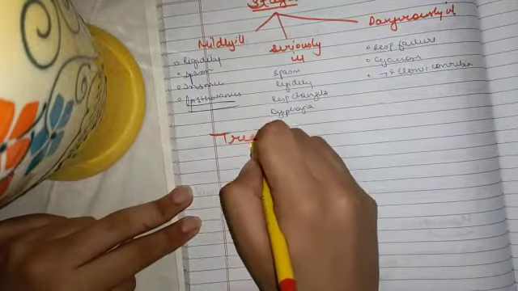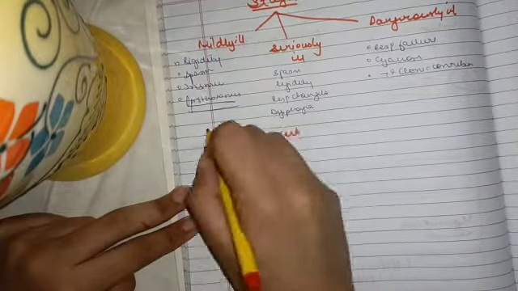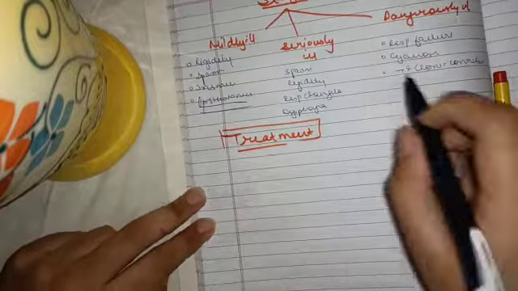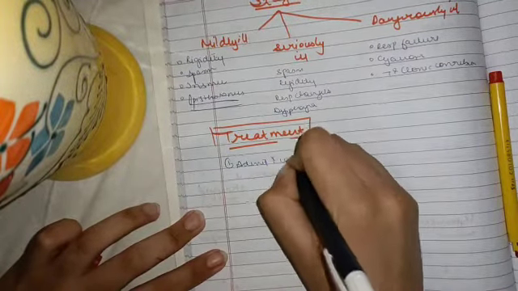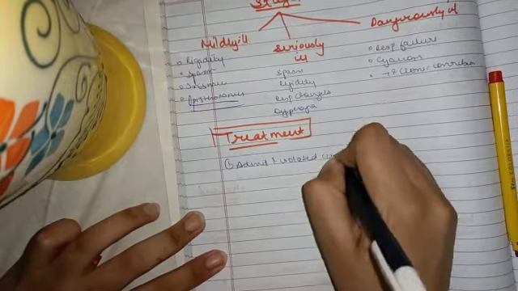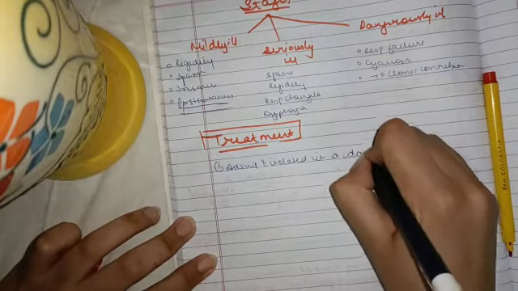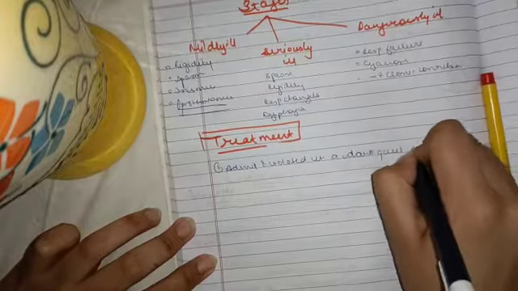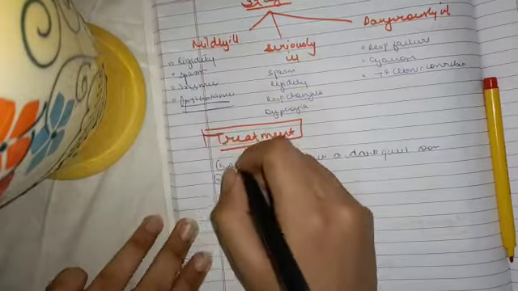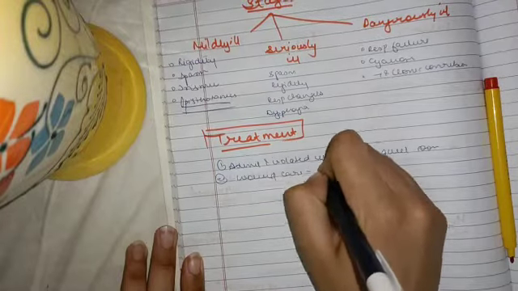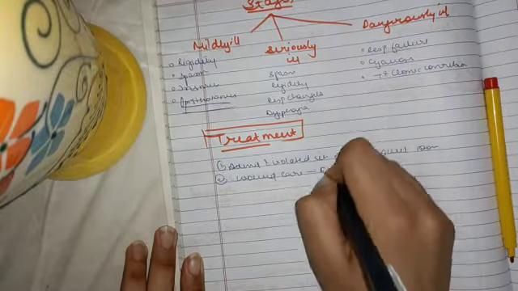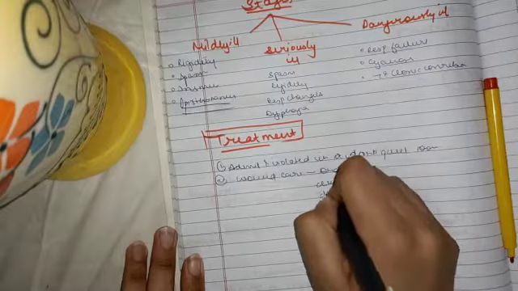It is becoming a long video. So in treatment, what we see is first of all we will admit and isolate the patient in a dark, quiet room. Then we will do the wound care: drainage, cleaning, debridement.